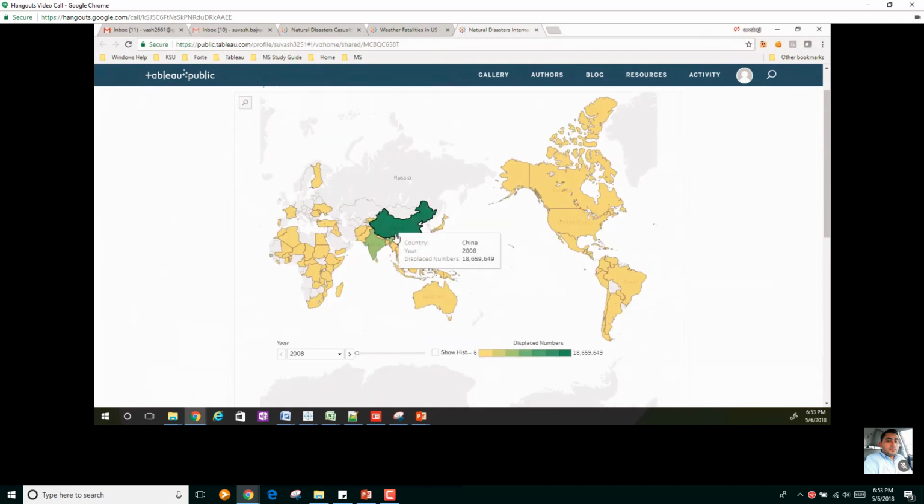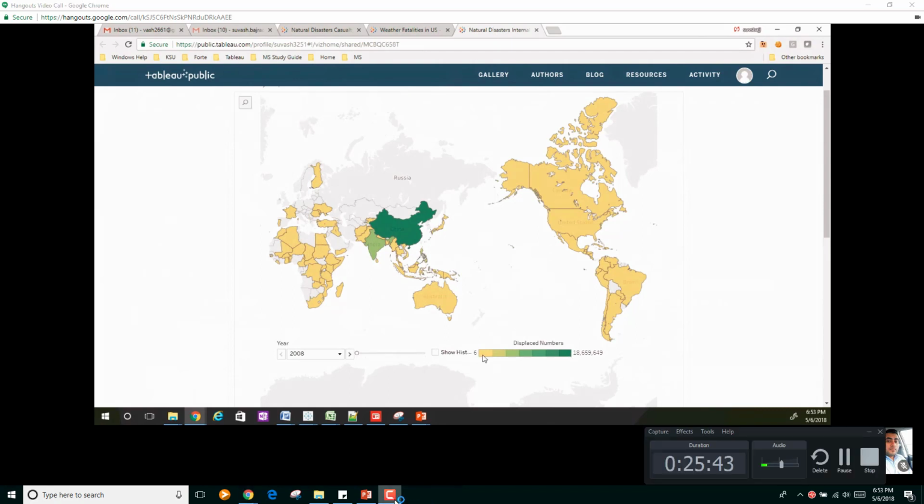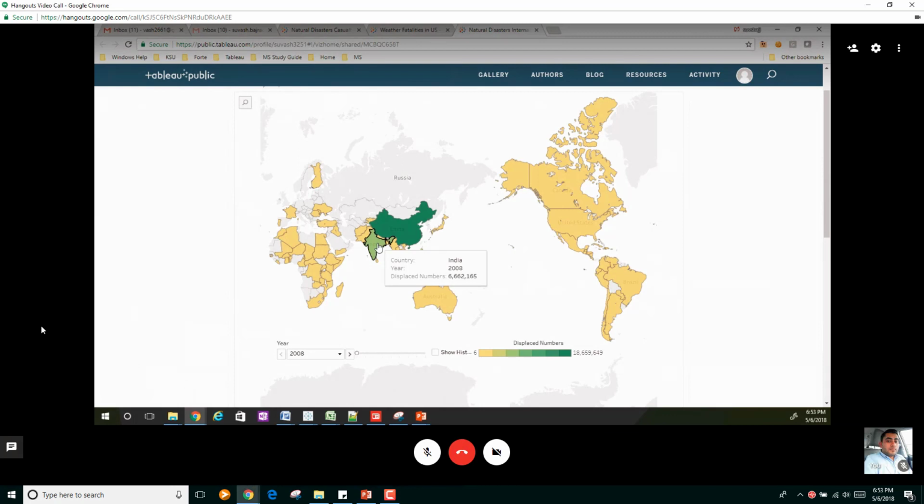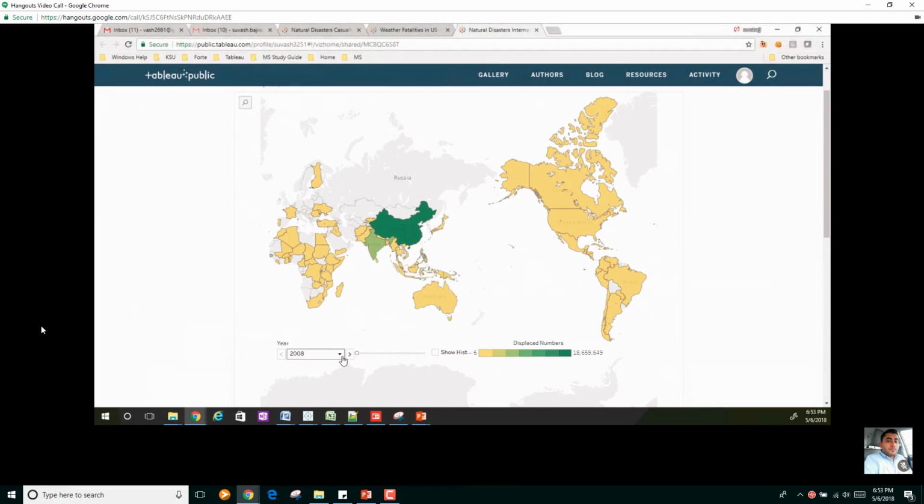If you can see, the green is the highest number and the yellow is the least. So the displaced number of people, the max is 18 million. That's in China in 2008. With whatever the events were, that many people were displaced from their homes in 2008. And in India, there were 6.6 million people. I believe there was a major earthquake in India, and people were displaced. So if we go to the next year,